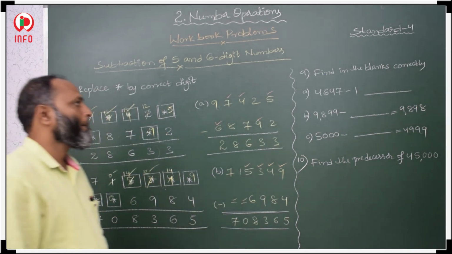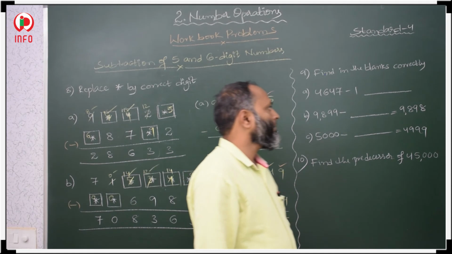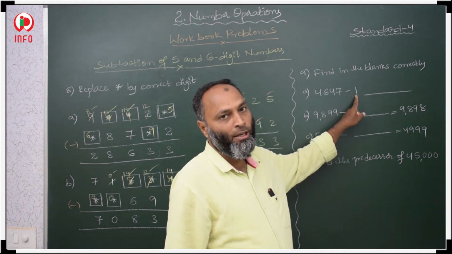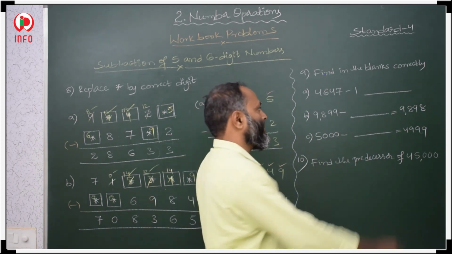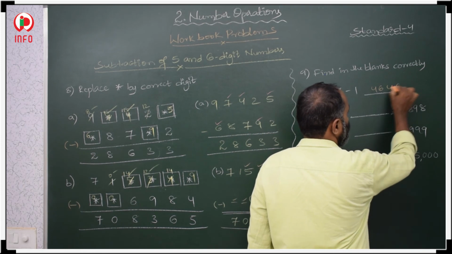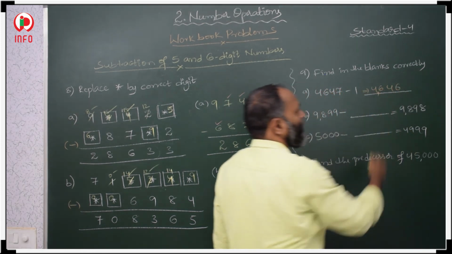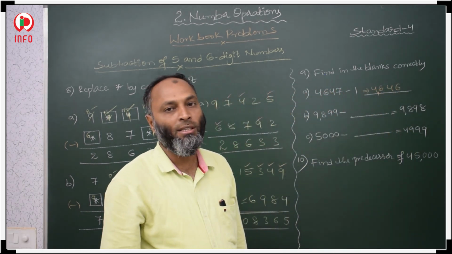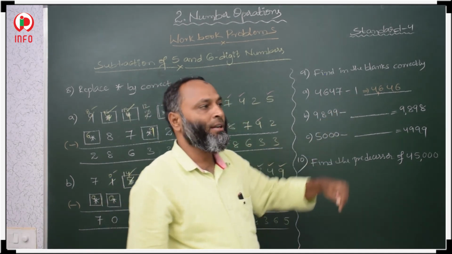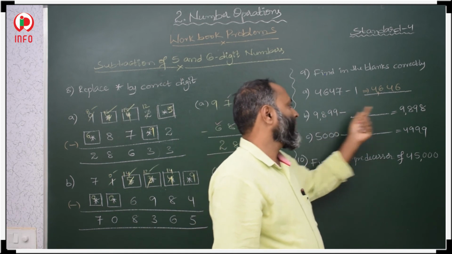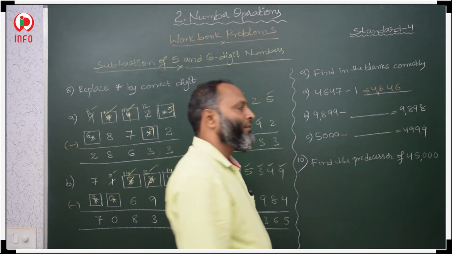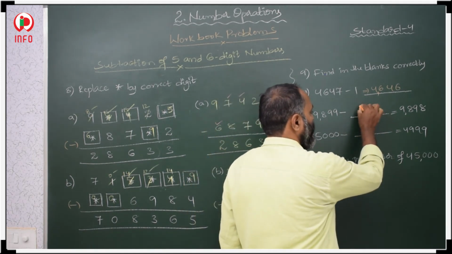Okay. Now find the blanks. Fill in the blanks correctly. If 1 is subtracted from any number, then we will get the predecessor. So the predecessor of 47 is 46. 4,646 we will get as predecessor. If we subtract, then we will get the predecessor. Here 99 is there, here 98 we are getting. It means we are getting the predecessor. To get the predecessor, we subtract 1 from the number.